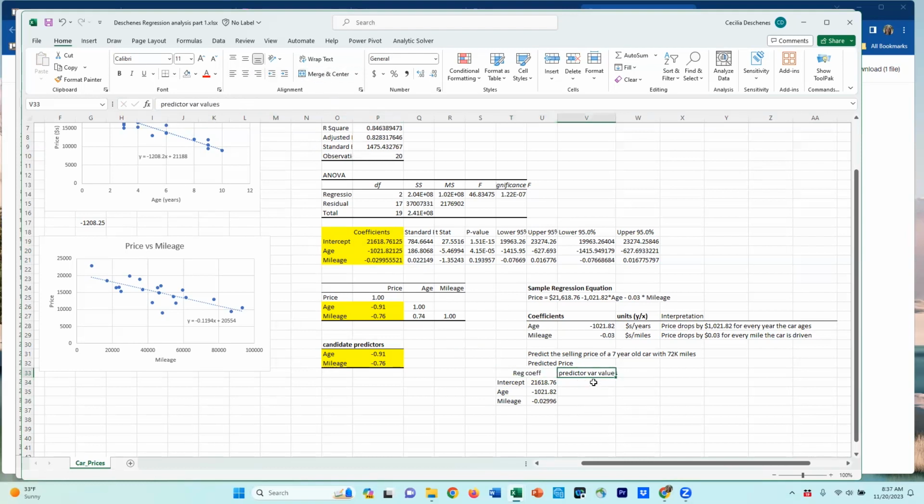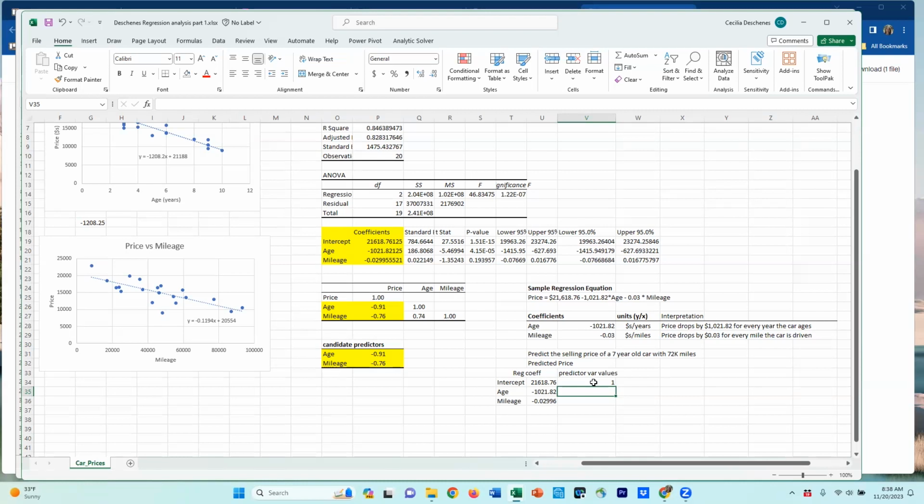And the predictor values. So we're always going to have the y-intercept. And there is a way of modeling without the y-intercept, but that is more advanced. It's really more advanced. We're just going to start with the basics. Okay, starting with the basics, we're always going to have the y-intercept, and then we're going to put in the